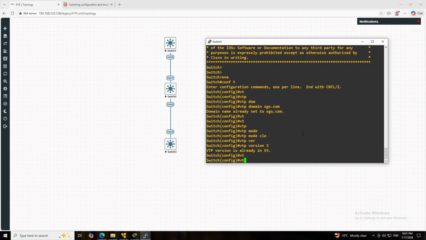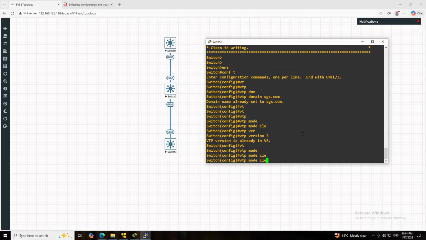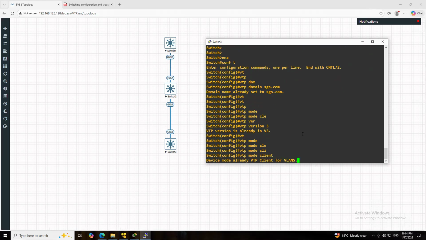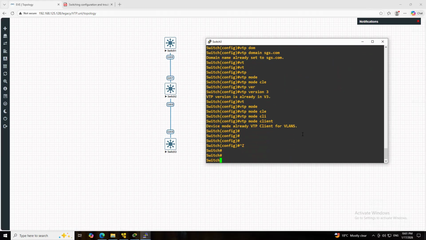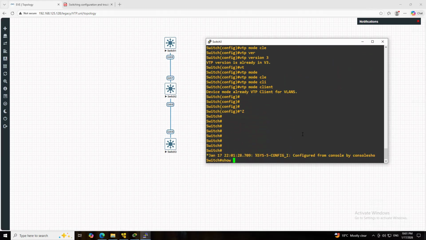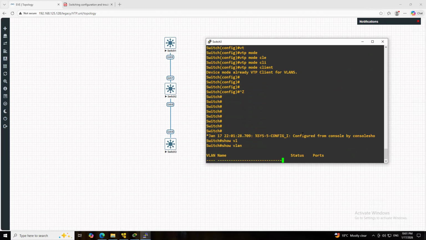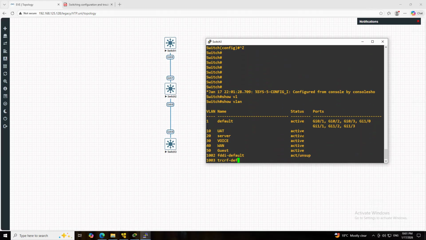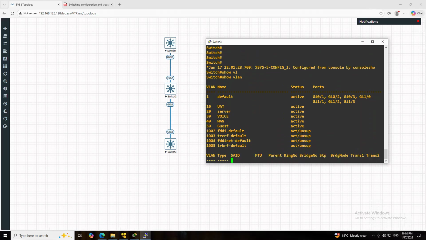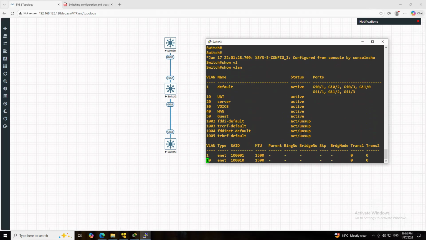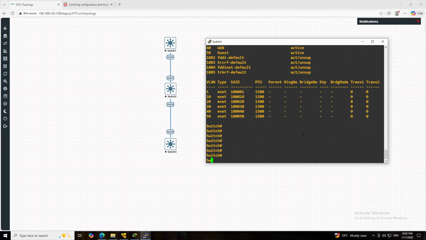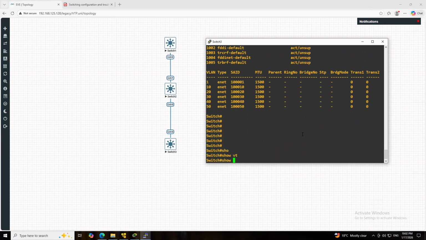VTP mode client. Okay, it's client already. So let's verify whether I am able to receive those VLANs or not. Show VLAN. Yes, I am able to receive them. So how can I validate it? Show VTP status.